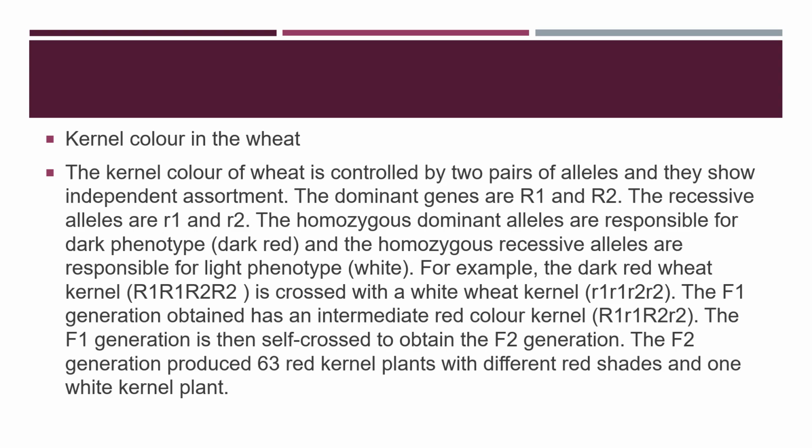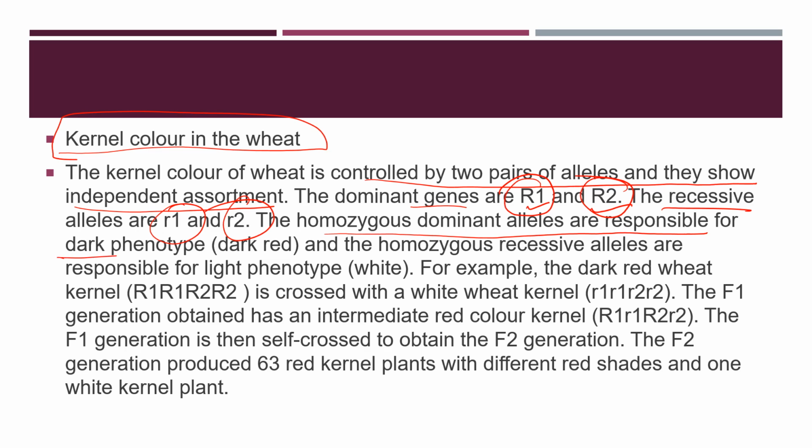Okay. So the kernel color of wheat was the first experiment that was done to find the evidence of this polygenic inheritance. Okay, so the color of the wheat is controlled by two pairs of alleles. They show independent assortment, right? The dominant genes are R1 and R2 and the recessive genes are small r1 and small r2. The homozygous dominant alleles, their cumulative effect is responsible for the dark phenotype or dark red color of the wheat kernel, and the homozygous recessive are responsible for the light phenotype or the white color of